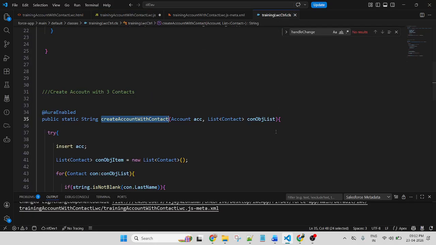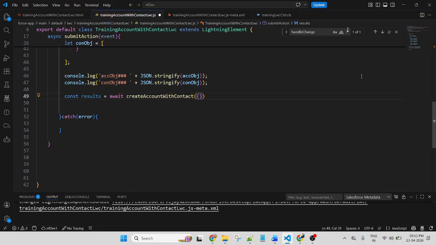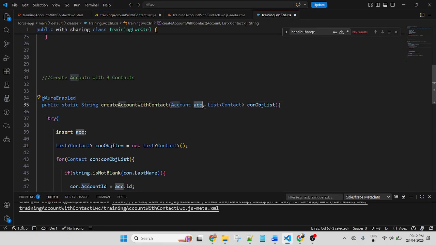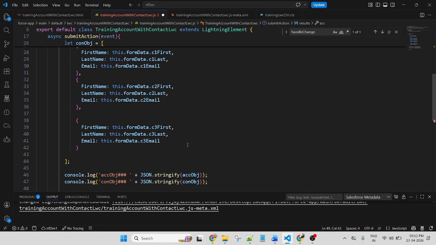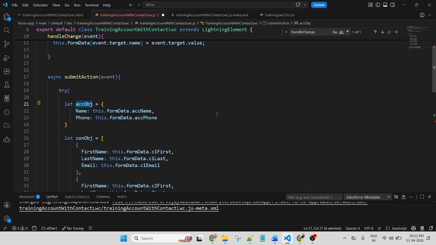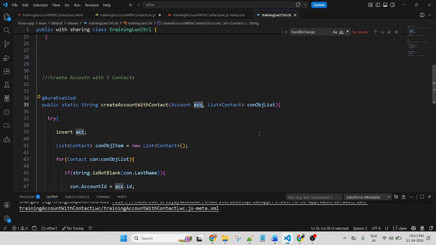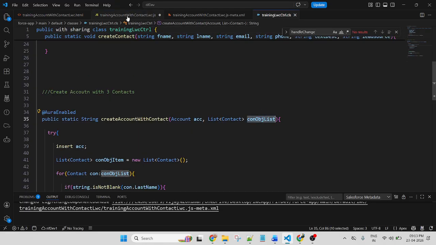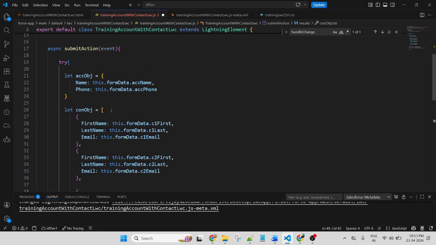Inside this method, I am passing two parameters, account and list of contact. So account colon account, I will pass this variable because this variable stores the account input value, comma, similarly contact list colon, this is the list of the contact.